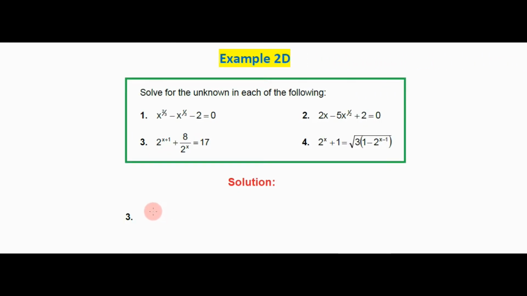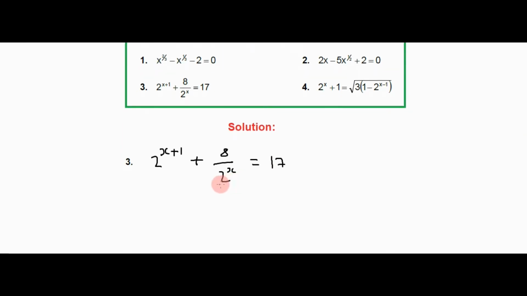In number 3, we have 2 to the x plus 1 plus 8 over 2 to the x equals 17. Now, it's not so obvious here that this is a trinomial type. We can start by getting rid of the fraction and multiply through by 2 to the x. So multiplying the first term here by 2 to the x. Then when we multiply the second term by 2 to the x, the 2 to the x's cancel, and we're left with 8. And in multiplying the right-hand side also by 2 to the x,